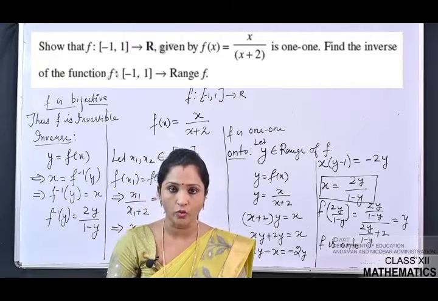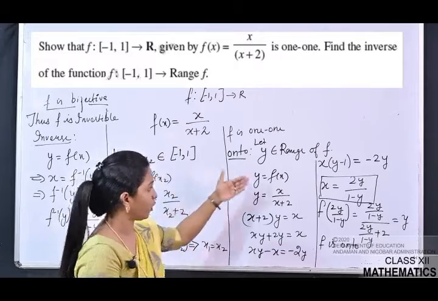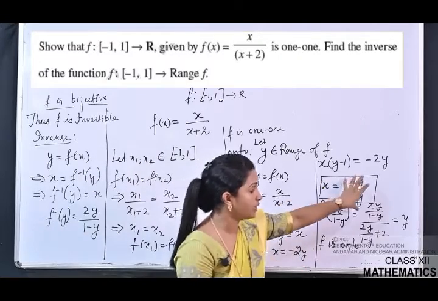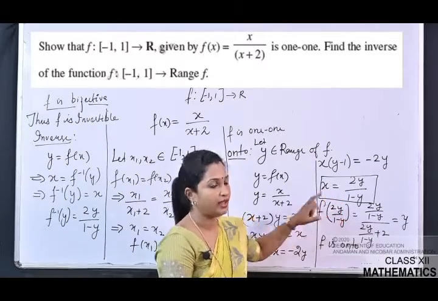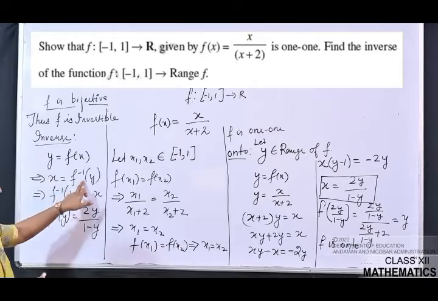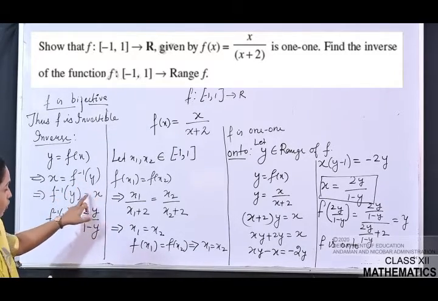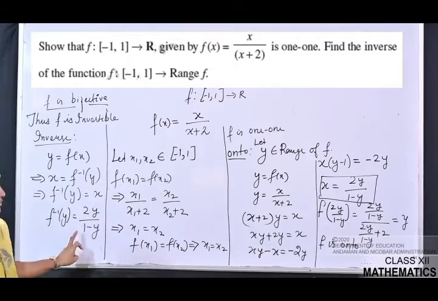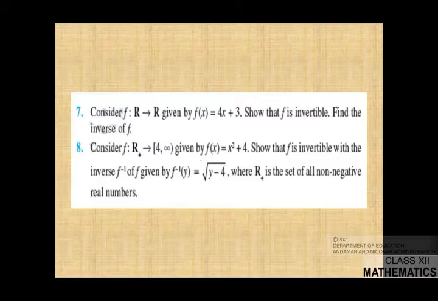That means whenever you want to prove invertible function, first you have to prove 1 1 and onto, and from the onto only आपको यहाँ पे इन्वर्स मिल जाएगा. जो x निकालते हैं वही इन्वर्स होता है, लेकिन आपको इस तरह करके दिखाना है y is equal to fx, तो x is equal to f inverse y हो जाएगा. That means f inverse y is equal to x का वैल्यू ऑलरेडी आपने निकाल रखा है. When you put it, that will be your inverse function. Clear children?